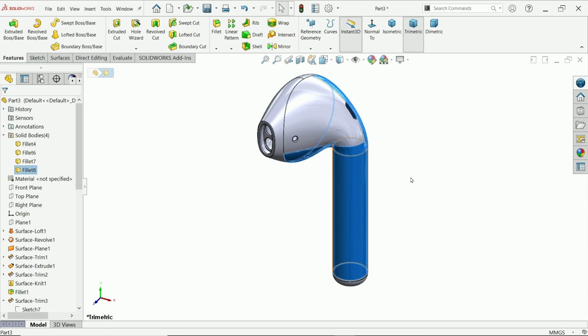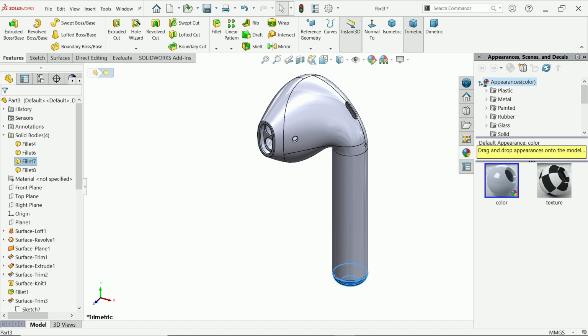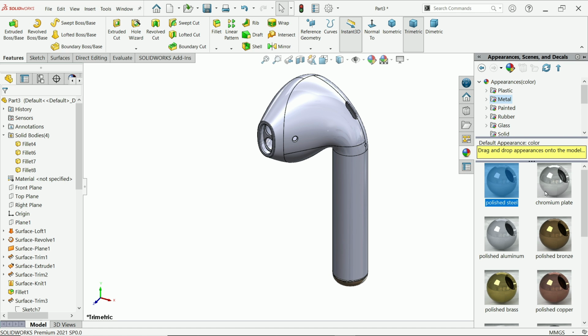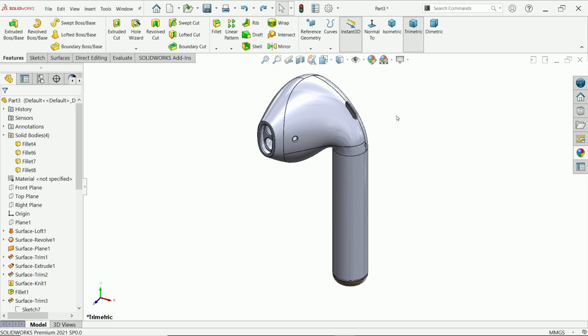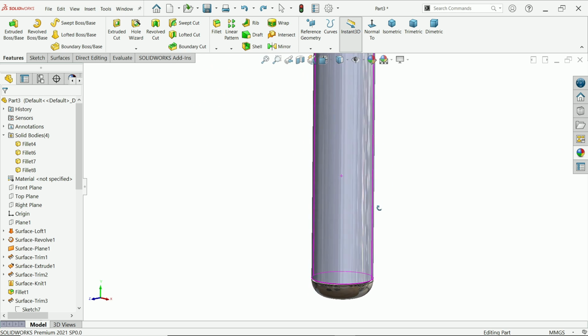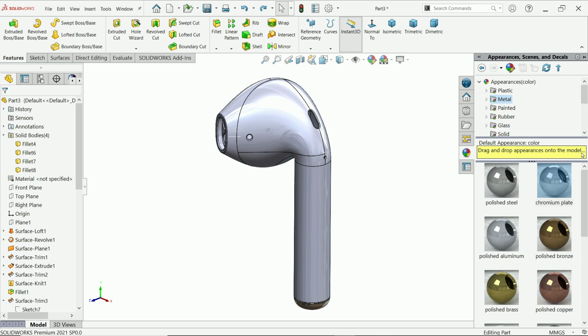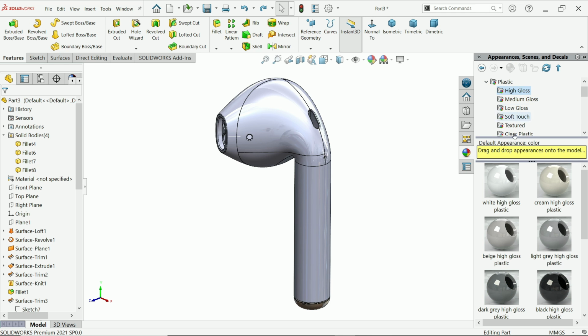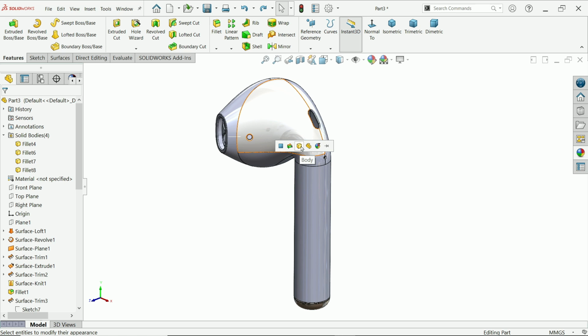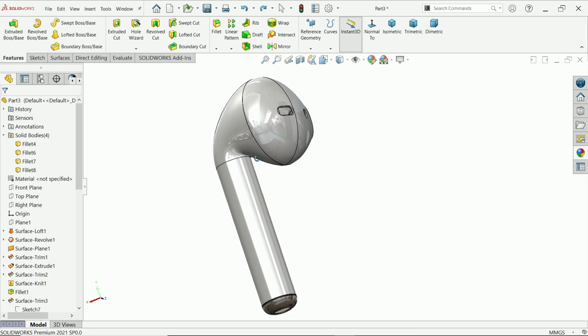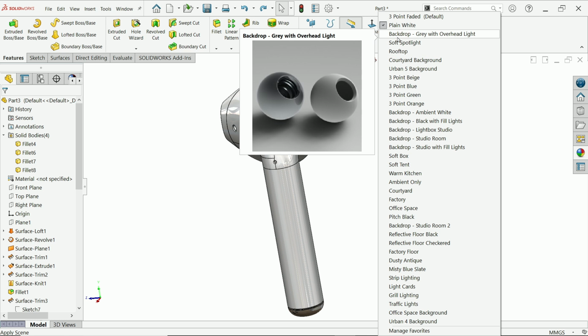Now here you can apply material, metal, or something like that. See, if you go to plastic, you will find here high gloss plastic part. Say OK. Look, if I am going to change background,